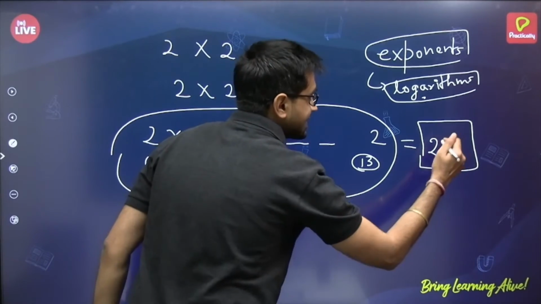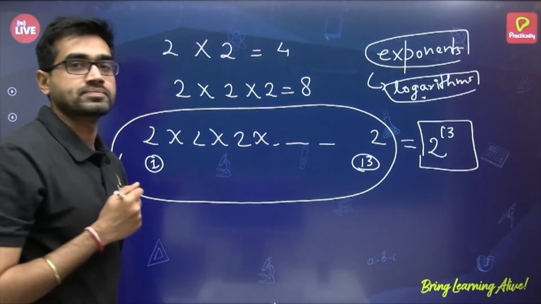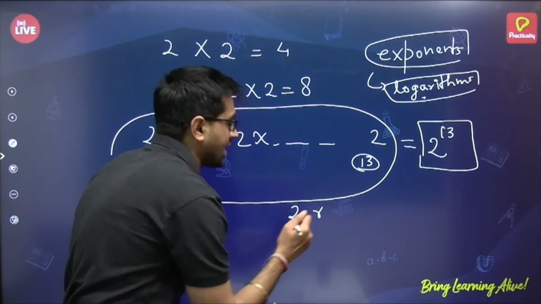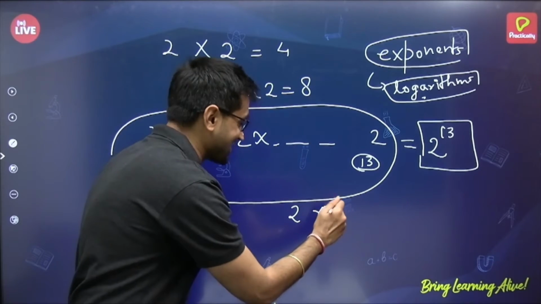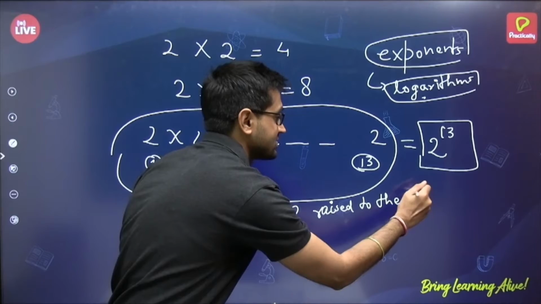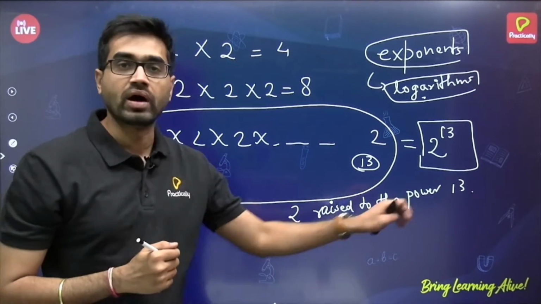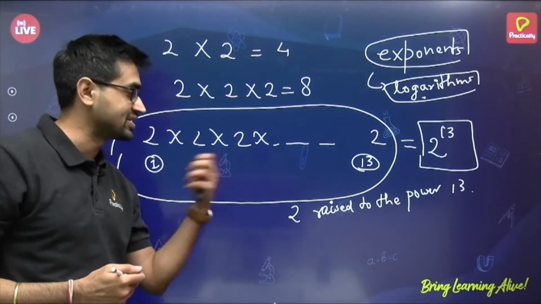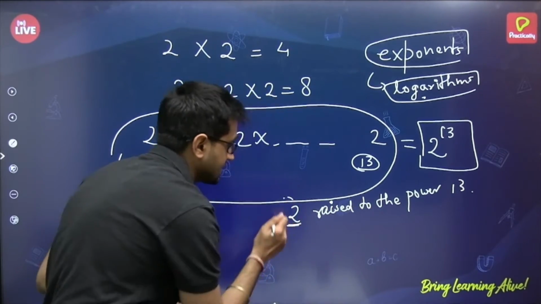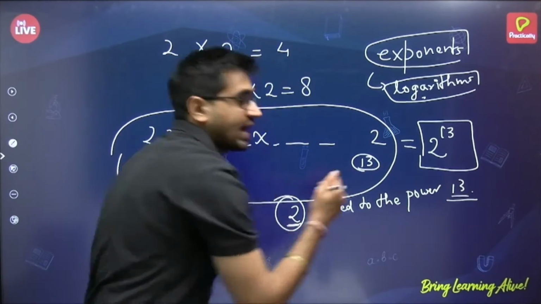So what you get is a very simple situation. The situation is, you can write this as 2 to the power 13. When I say 2 to the power 13, now I am compressing it. I didn't say raised to the power, I said 2 to the power 13. I ate that raised also. Now the situation is, this is being multiplied continuously, and this is the number of times it is getting multiplied.